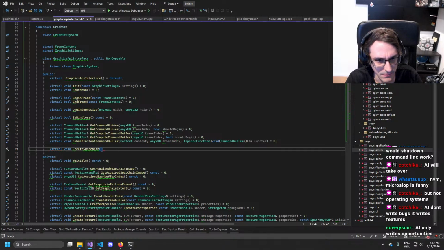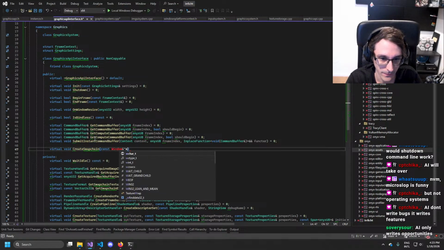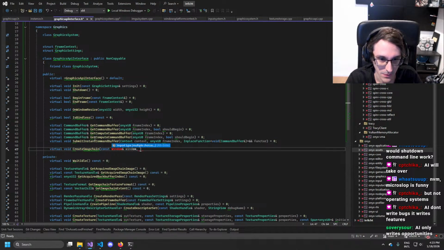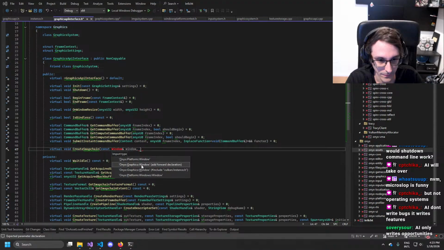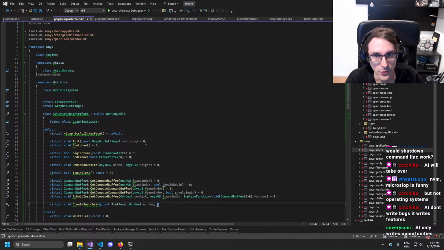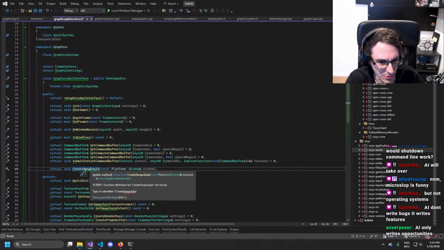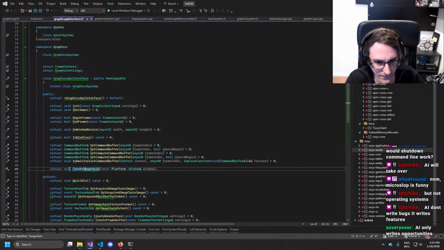Right, swap chain, maybe? For a window. For a window. That should probably be fine, right?